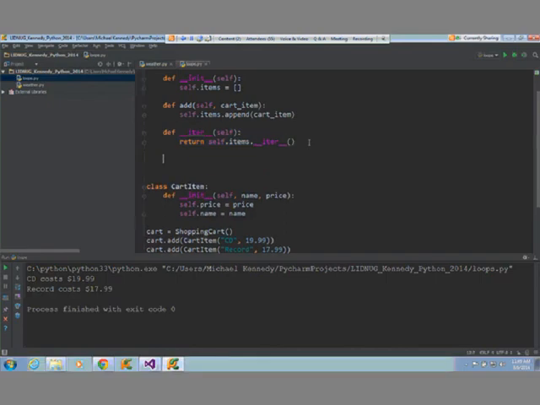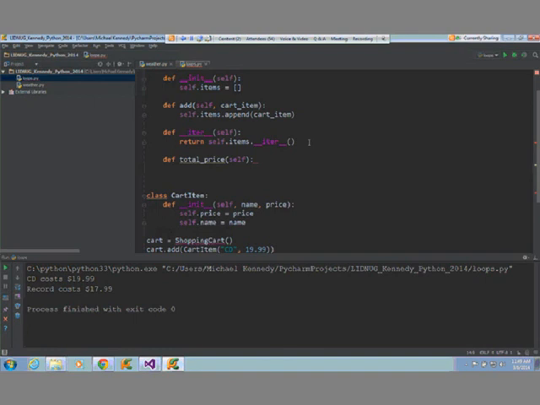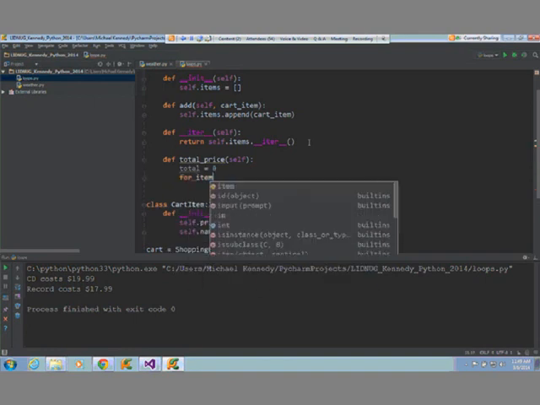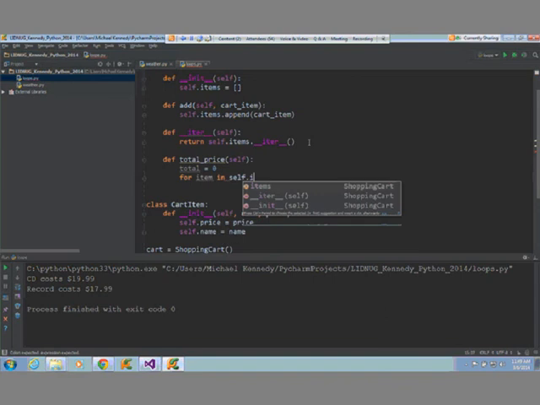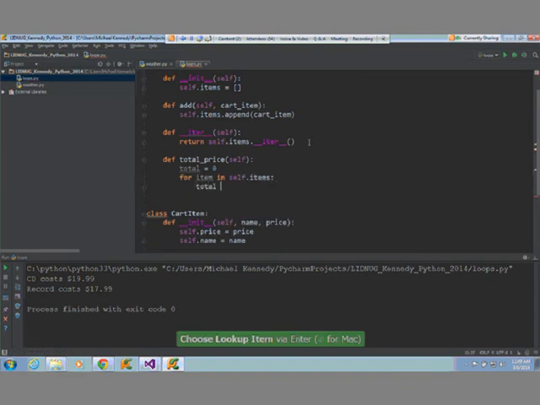Let's add this. Let's say def total. The way you would do that in sort of this Python standard would be total underscore price, probably. And notice when I hit open paren, it's going to automatically put the self, and I can close that off if I want. Okay. So here we're going to say total equals 0, for item in self.items, total plus equals item dot.